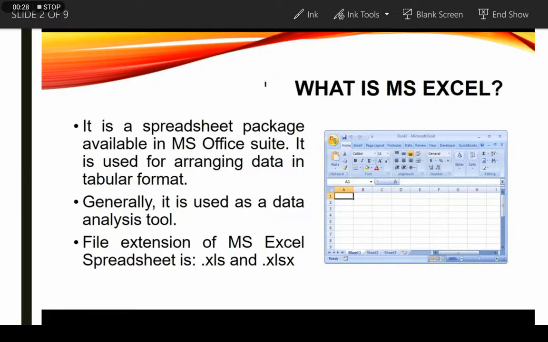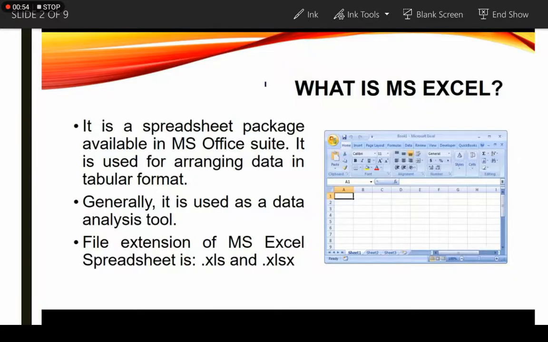So as you can see, what is MS Excel? It is a spreadsheet package available in MS Office Suite. Now what is MS Office Suite? MS Office Suite is basically a collection of Microsoft's applications like MS Word, MS Excel, MS PowerPoint and many more.